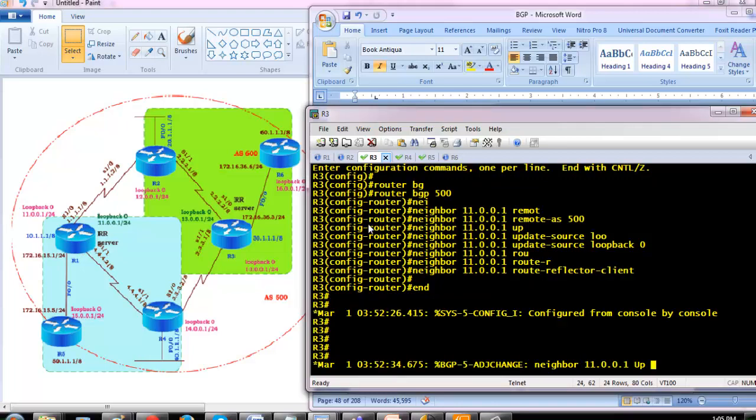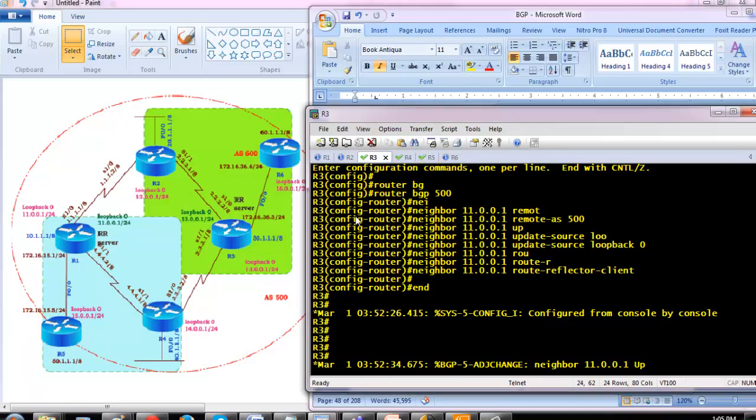Let's try to get into that. Let's try to verify now. So from where should we start? Let's try to verify from router 5 here. The 50.0 network, we will verify how it is going to advertise to router 1, and router 1 advertises to router 3, and router 3 is going to advertise to router 6. So this is a step of verification now.